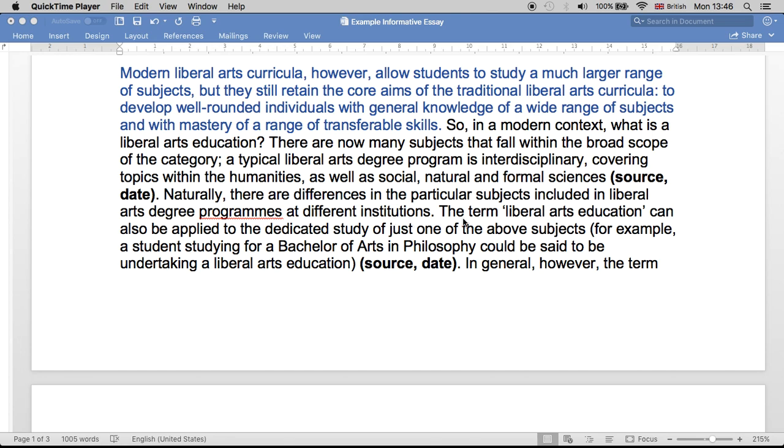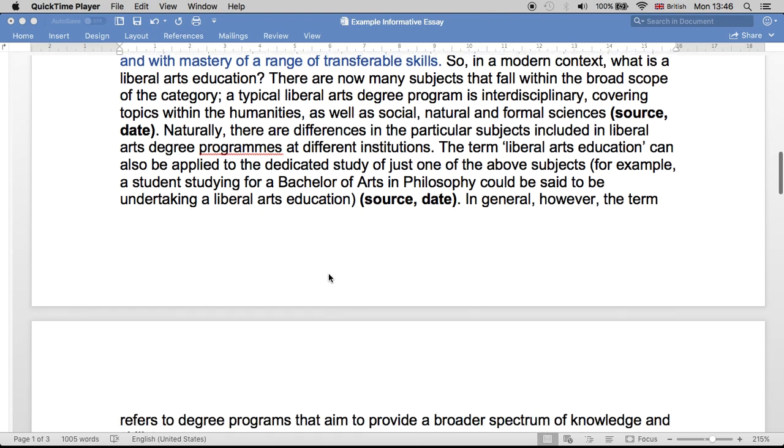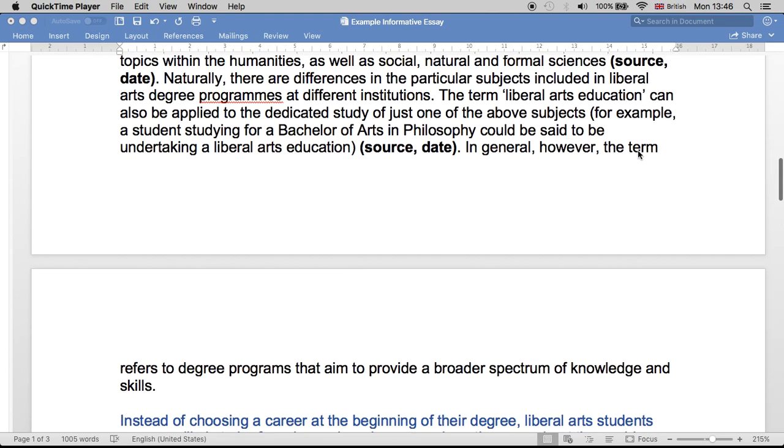The term liberal arts education can also be applied to the dedicated study of just one of the above subjects. For example, a student studying for a Bachelor of Arts in Philosophy could be said to be undertaking a liberal arts education. In general, however, the term refers to degree programs that aim to provide a broader spectrum of